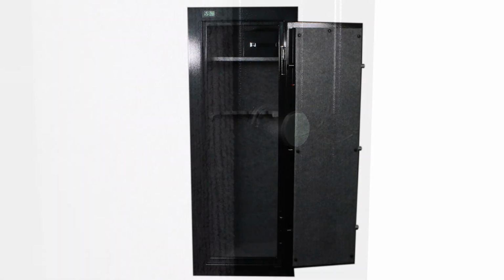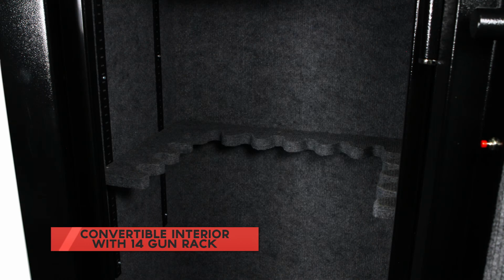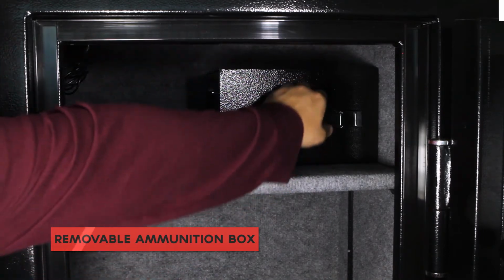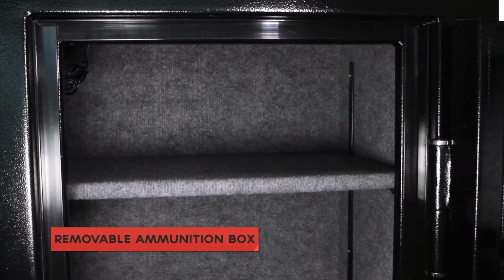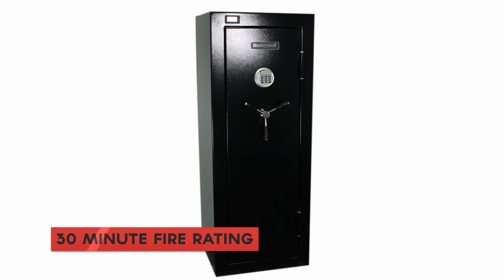The interior of the safe is carpeted and designed with an adjustable removable shelf and gun rack that fits 14 guns. It also comes with a removable key-lock steel ammunition box with a convenient carrying handle. In addition to protection from theft, this executive gun safe features an ETL-rated 30-minute fire protection up to 1400 degrees